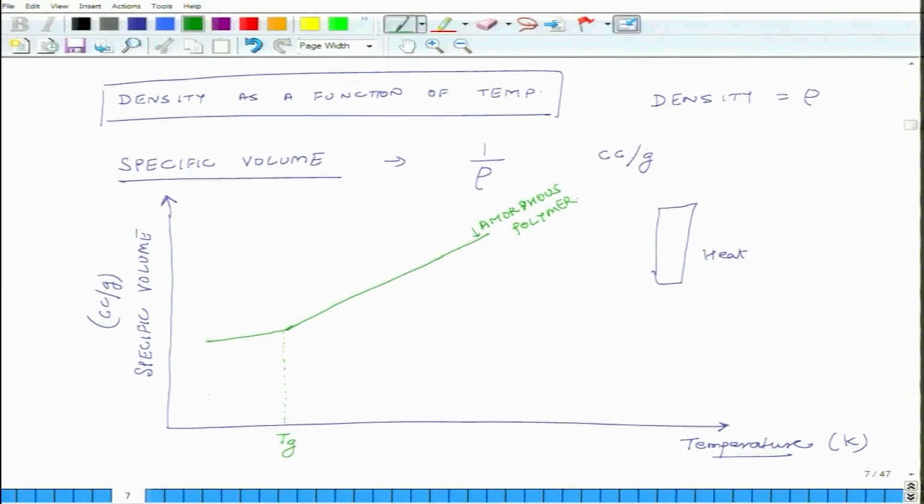Initially, what will be the density? The initial density of semi-crystalline materials is going to be higher, so the initial specific volume will be less. As I increase the temperature, the volume is going to increase because things are going to expand, but it does not do much, it increases only slightly,